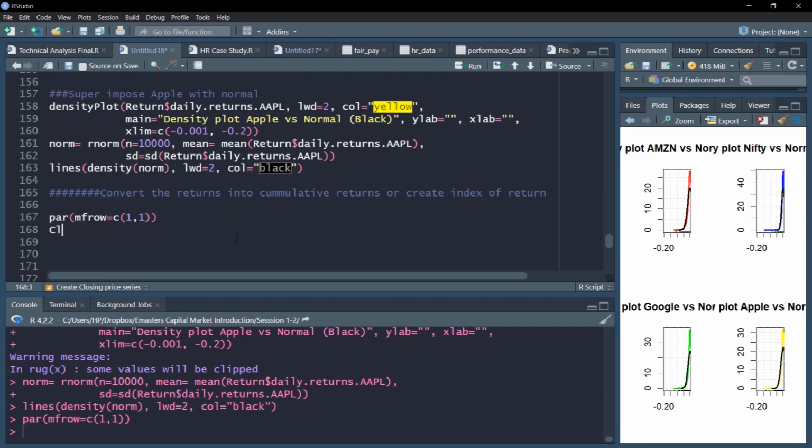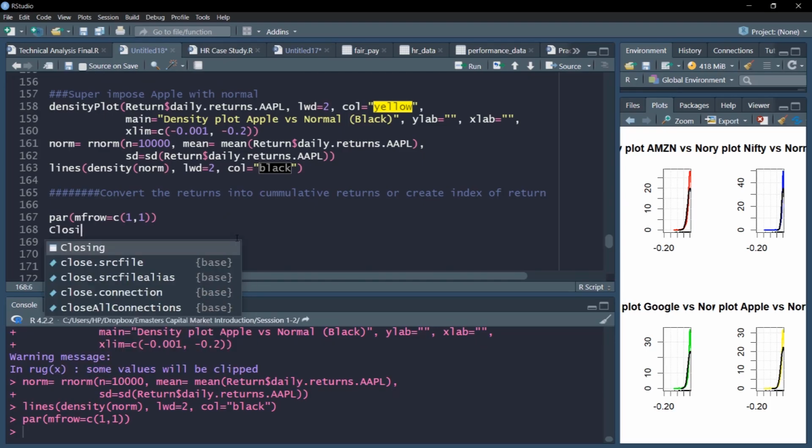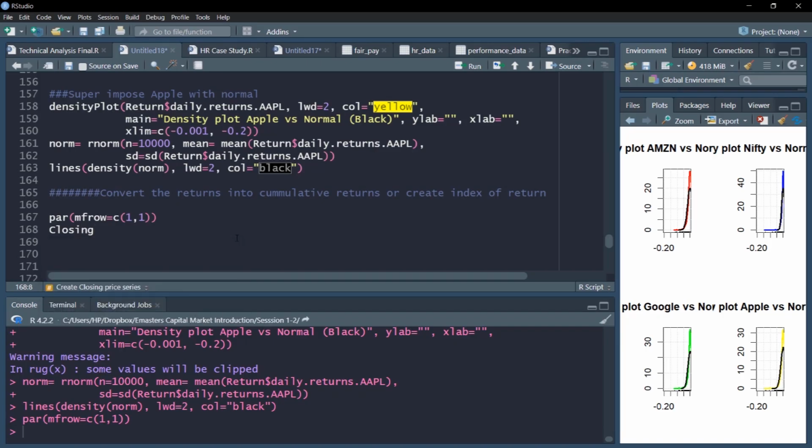Next, let us create the index. In the closing dollar, let's call this the Amazon index variable. This index variable is nothing but closing dollar Amazon close divided by closing dollar Amazon close, and we'll divide it by the first value.